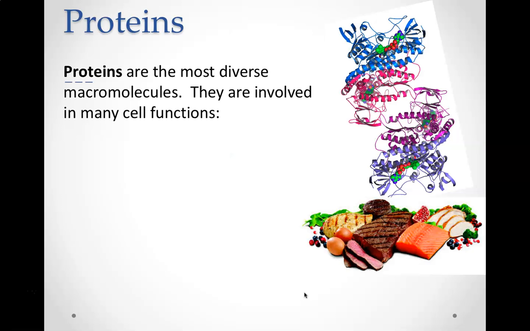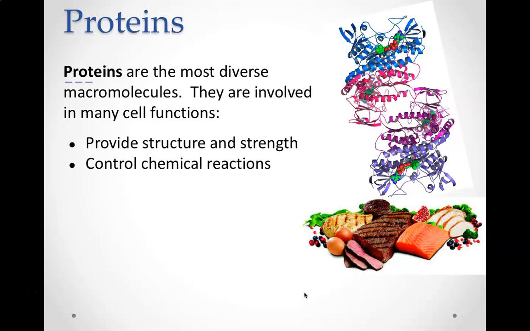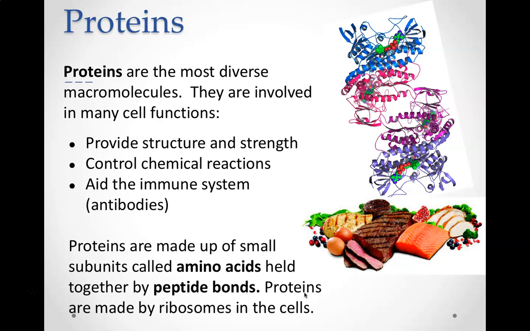So proteins are the most diverse of the macromolecules. They really do so much in our cells. They can provide structure and strength. They can control chemical reactions, and that's mostly enzymes, which are a type of protein. They aid in the immune system. If you think back to our pathogens and diseases unit, we talked about how antibodies are made of proteins. They do a lot. That's a very short list compared to the vast number of things that proteins do in